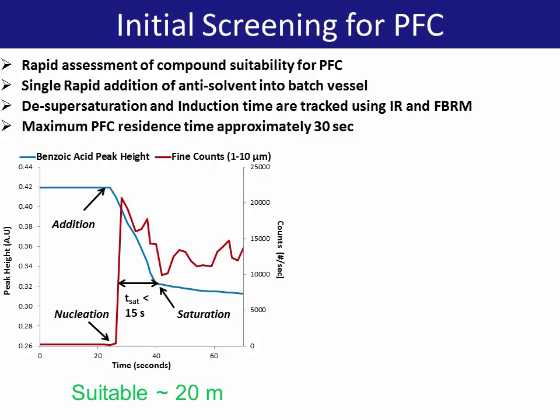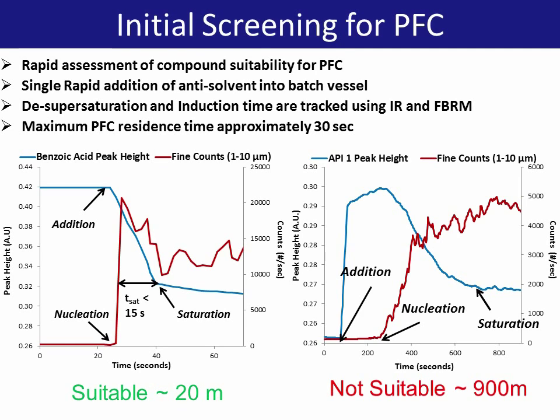The figure shows the results of this test for benzoic acid. Initially, a clear undersaturated solution is present in the batch vessel. After the anti-solvent is charged, it can be seen from the FBRM counts that nucleation occurs almost immediately. The benzoic acid is then depleted in approximately 15 seconds, reaching the saturation value. Assuming that a minimum Reynolds number of 4000 is sought, the required tubular section will be 20 meters in length,